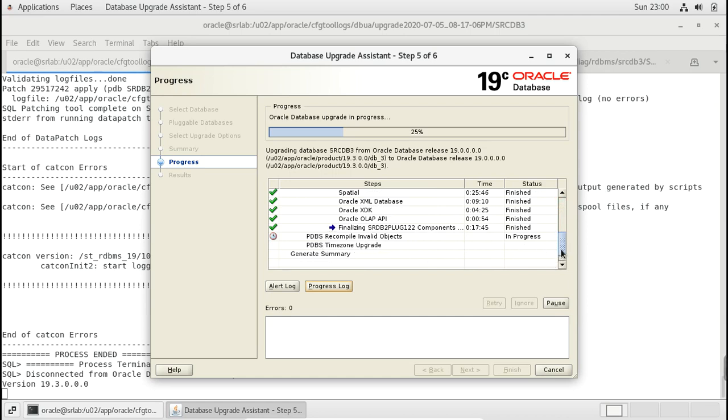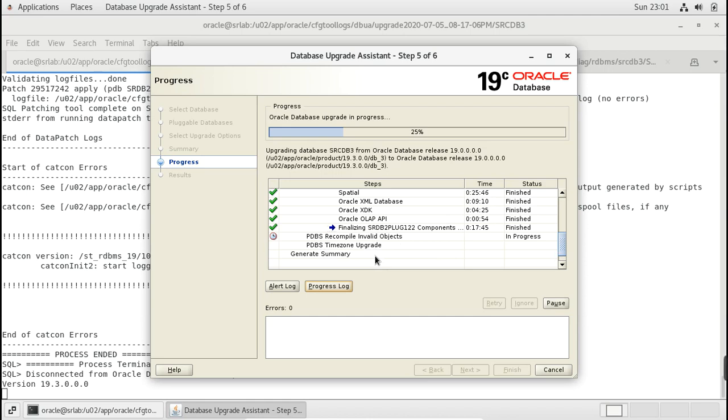Moreover, there won't be any invalid objects, because it's a fresh DB, there are no schemas and data. So once it is completed, the time zone upgrade will be happening.